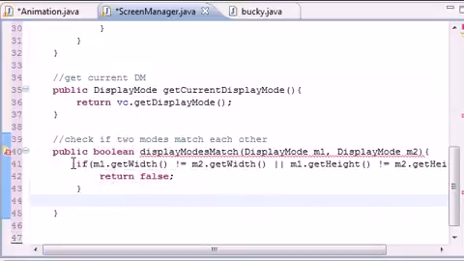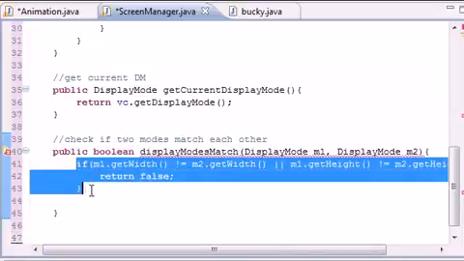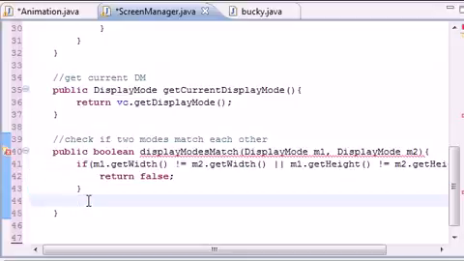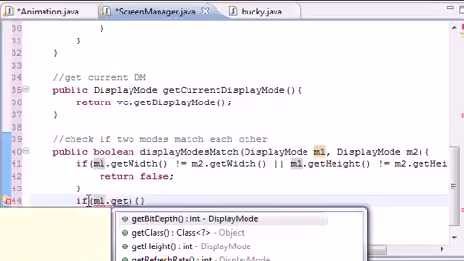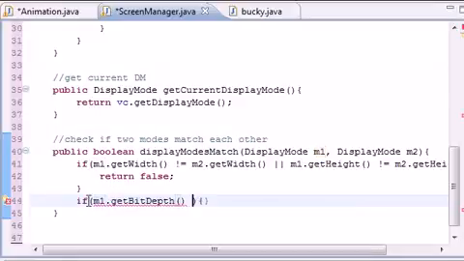So now that we've got the width and height under control, this is the resolution. We need to make another check for bit depth. And the bit depth is pretty much how many colors it can display. There's a little more to it, but in essence, that's what it is. So if m1.getBitDepth is not equal to m2,